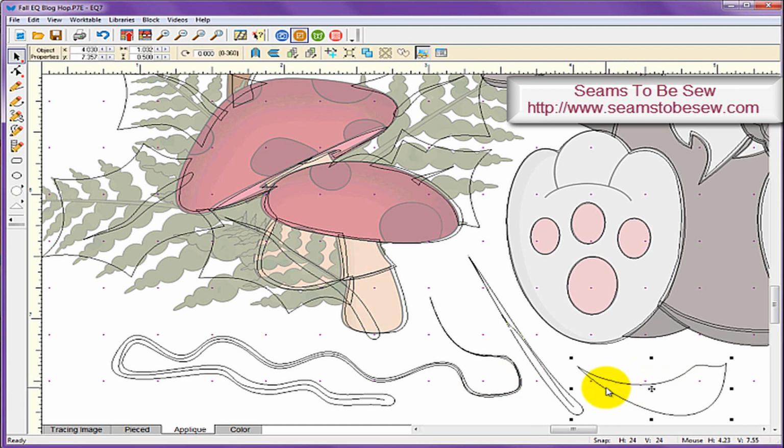And let me just say, it is one of the coolest features in Electric Quilt. I love this tool. It's just wonderful to use. So anyway,